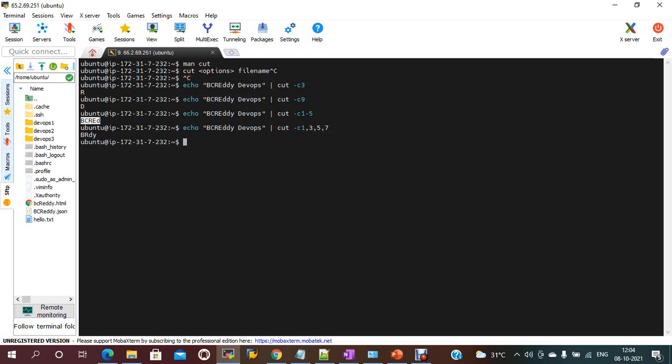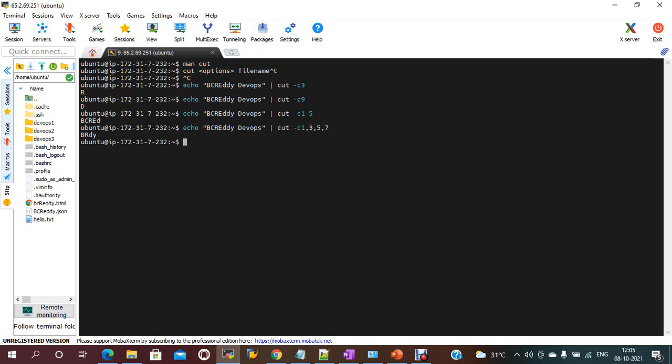So the command, you just need to give a comma. The first character B is displayed, the second C is removed, the third is R, the fourth is removed, the fifth is small d, the sixth is removed, the seventh one is Y, it should be displayed.